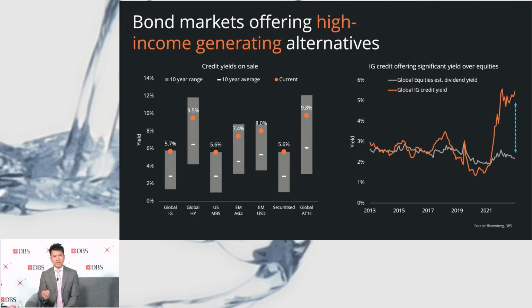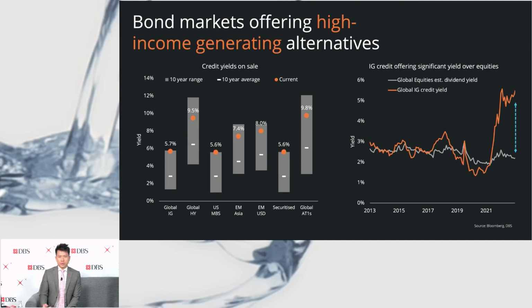If you look at the chart on the left in this screen, credit markets are just, in short, cheap relative to their 10-year history, right? If you look at the bar charts, this is really the range of where the credit yields have been trading over the last 10 years, and the line represents its 10-year average. You will notice that the orange dots, which is where the present yields are, are pushing against the upper boundaries, right? It's setting new highs today, which tells you that against its own history, bond yields are cheap,